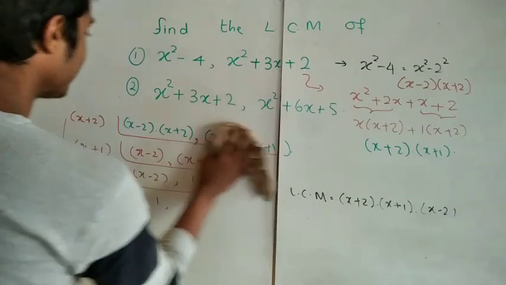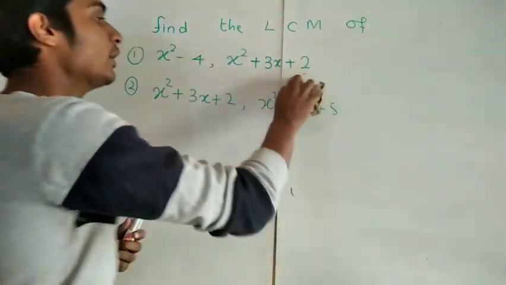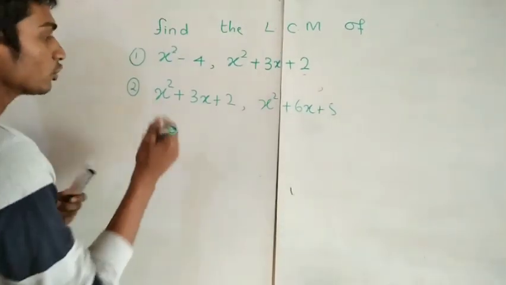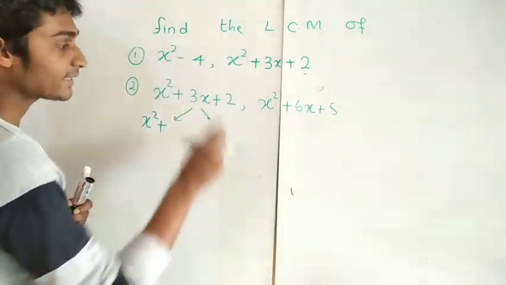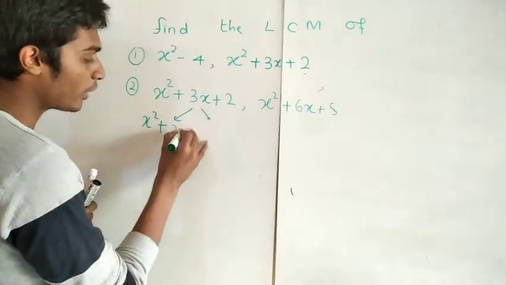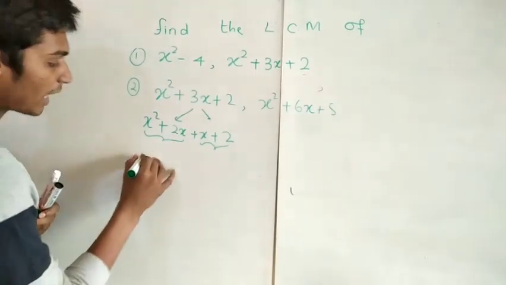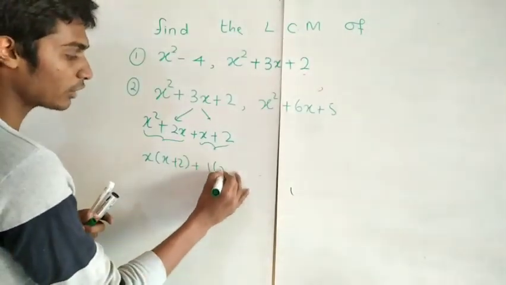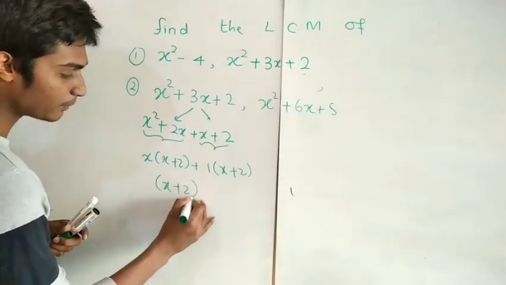So the second example says x squared plus 3x plus 2 and x squared plus 6x plus 5, right? Whatever it is, initially you will have to factorize it. So the factorization of x squared plus 3x plus 2: you have to break this into 2 such that when you add them it should make 3x, and when you multiply the coefficients it should make 2, so it's going to be x squared plus 2x plus x plus 2, right? Take these two together and these two together, so you have x into x plus 2 plus 1 is common for x and 2, so take 1 out of the bracket, so you have 1 into x plus 2. For this term and this term, x plus 2 is common, take x plus 2 out of the bracket and put x plus 2 into x plus